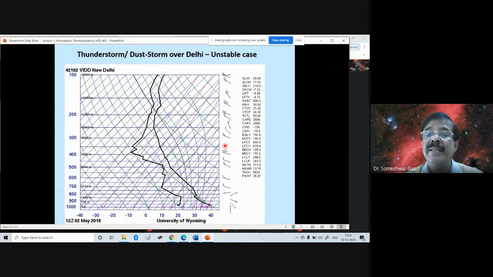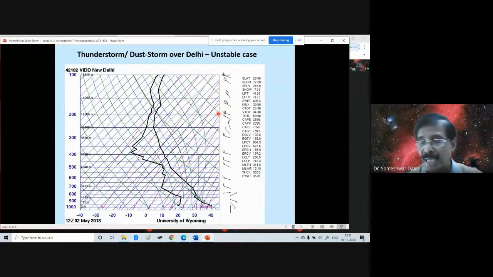Each has a meaning. If there is only one line like this one, that means the wind speed is 10 knots. If there is one full line and another half line, that means wind speed is 15 knots, because one full line is 10 knots and a half line is 5 knots. There are 4 equal lines here. So how much wind speed? 40 knots, exactly, 40 knots.